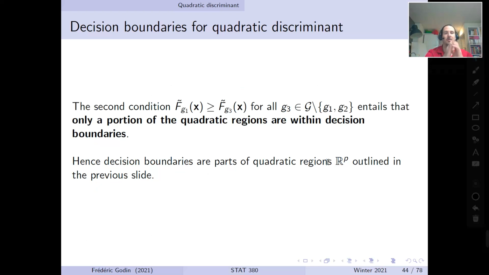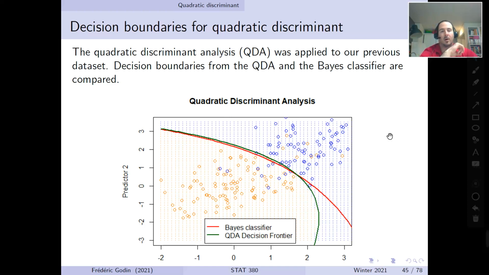Okay, and similarly, as we discussed before, the second condition, where G1 and G2 would be preferred to any other class, G3, entails that only a portion of the quadratic regions would be within decision boundaries. Often it's not the entire quadratic curve. Okay, so we can go back once again to